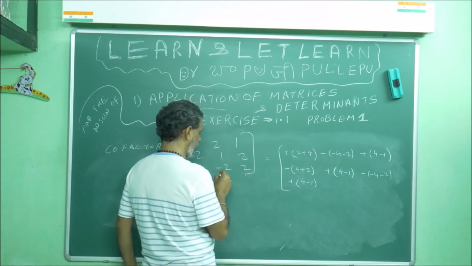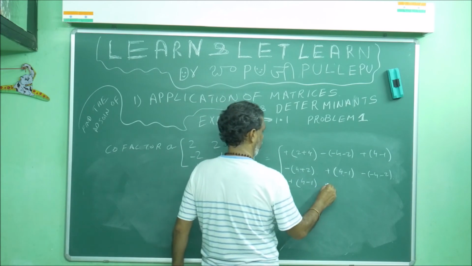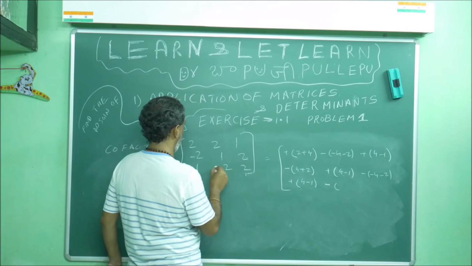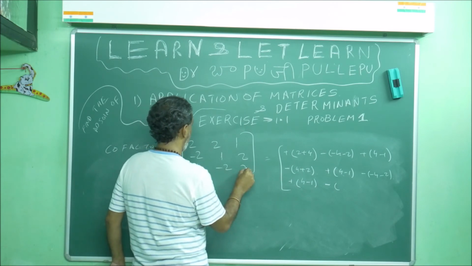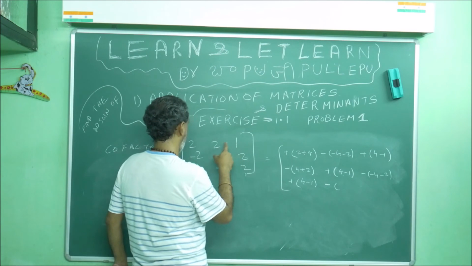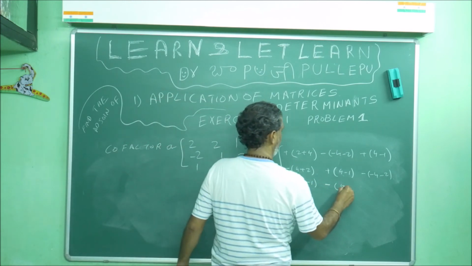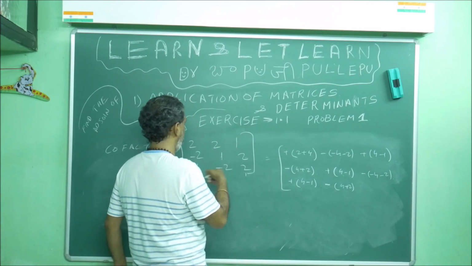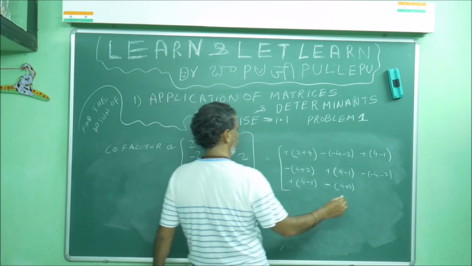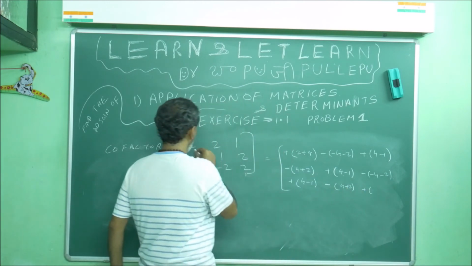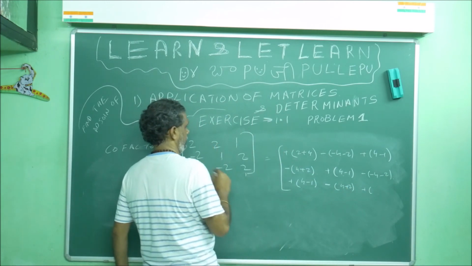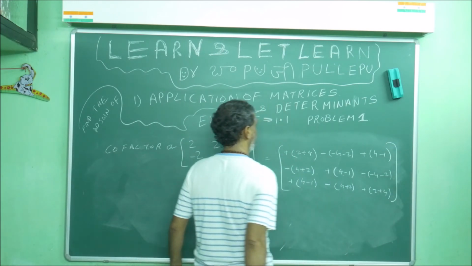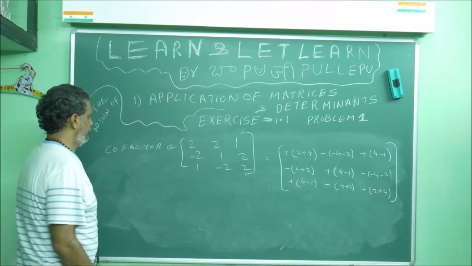Here, don't worry about again this minus. Whatever may be here, minus 1. Leave this, leave this. What will you get? You are leaving this, you are leaving this. So 4, again plus 2. AD minus BC. Then cofactor of this, leave this, leave this. This is what? 2, minus minus plus, 2 plus 4. Getting or not?